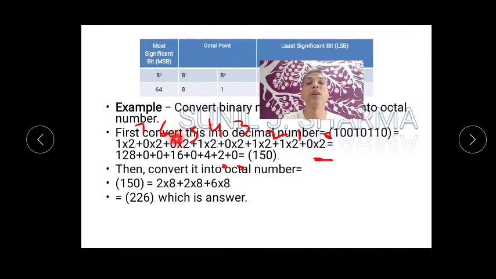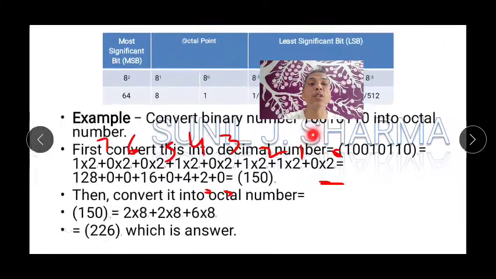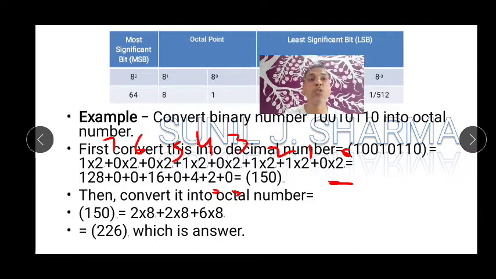Then this is 64, this is 0, and 2 raised to 7 is 128. So your answer will be, you have to add up this 128, 16, 4 and 2, that will come somewhere around 150. Now remember that this is in decimal, so what they did is first they change it to decimal. Now decimal, if you want to change it to octal, then you have to again write it in octal. So there are two methods. I think this is a long cut, I'll just show you the shortcut, but you should know both the methods.